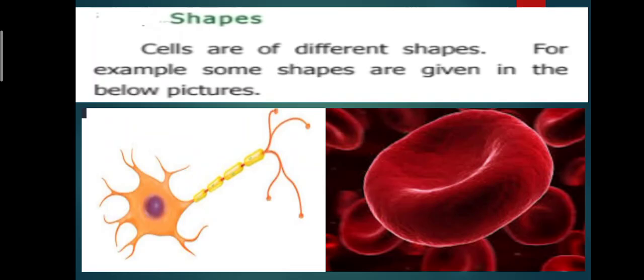The components of the cell are enclosed in a membrane. This membrane provides shape to the cells of animals. In plants, there is a cell wall surrounding them. The cell wall is an additional covering over the cell membrane in plant cells. It offers rigidity and shape to the cell.